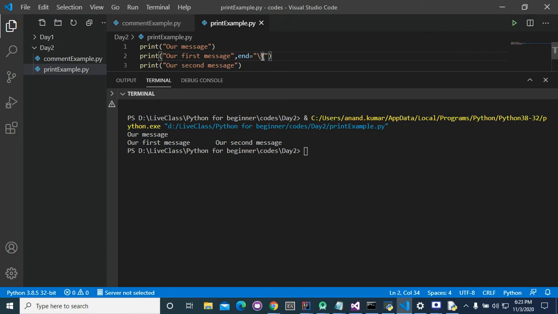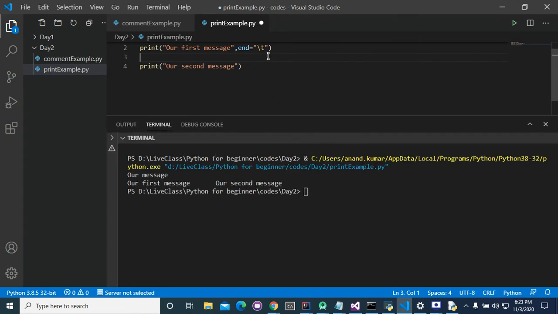Actually, forward slash t basically prints the tab character. Basically, it gives the space between two messages. Okay, and if you want to add a new line between these messages, you can use the new line character here.